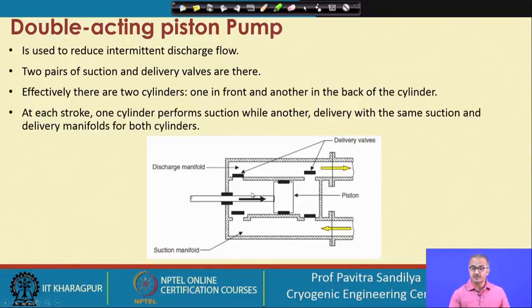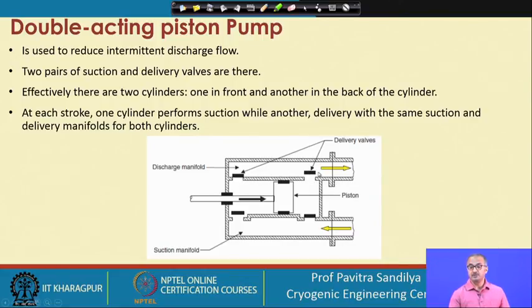When it moves back, what happens is this suction valve closes, this discharge valve opens, while this closes and this opens. Now the liquid will start coming in through this section and will be delivered out from this section. So that is how we find that in the same manifold, either this or this valve is active in sucking in the liquid, and in the same manifold, either this valve or this valve is active in